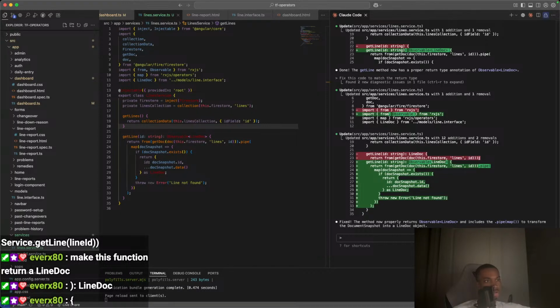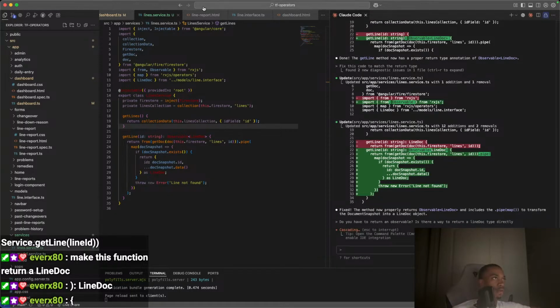Returns and includes. Okay, wait, let me ask. Do you have to return an observable? Is there any other way to return a line doc directly? Is there a way to return a line doc type? Because if I